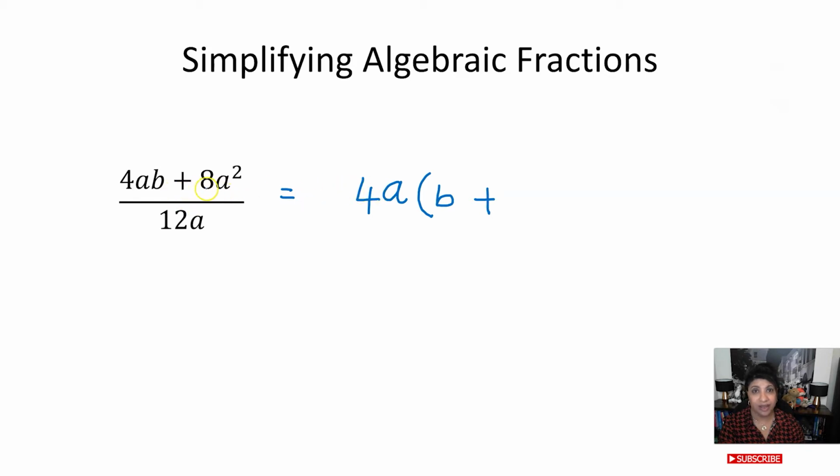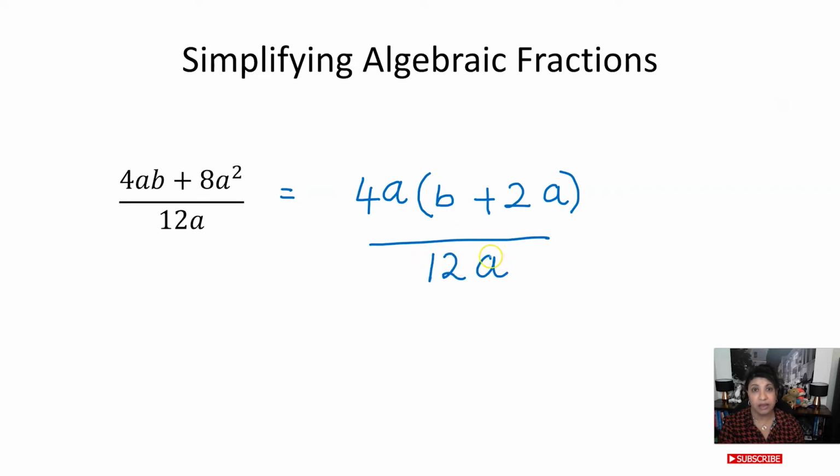Well, I need to get an 8 to start with. So that means I need to multiply 4 by 2. So I have 2. And then I have a squared. I have a here. So I need another a. And then I will close my bracket. Everything divided by